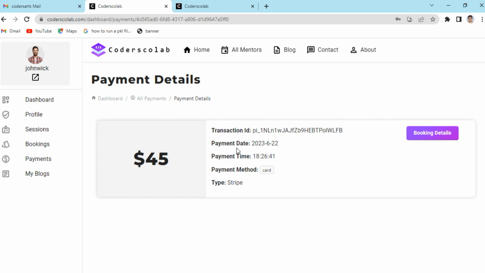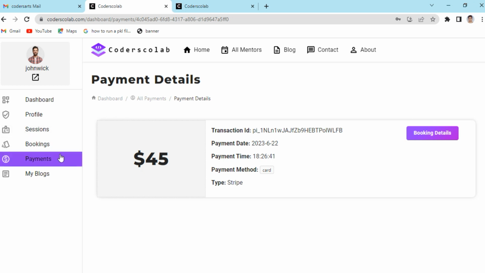The payment transaction ID, this transaction ID is basically generated by Stripe itself. So this is a Stripe generated payment transaction ID. The payment date, time, and the payment method also came from the Stripe gateway, and the type of payment, which is Stripe, and the other ones are Razorpay and offline payment. Offline payment, I told you what that is, and Razorpay is for Indian payments only. So I'm adding 3 payment types. For example, one is Stripe, the other one is Razorpay for Indian payments, the third one is the offline payment